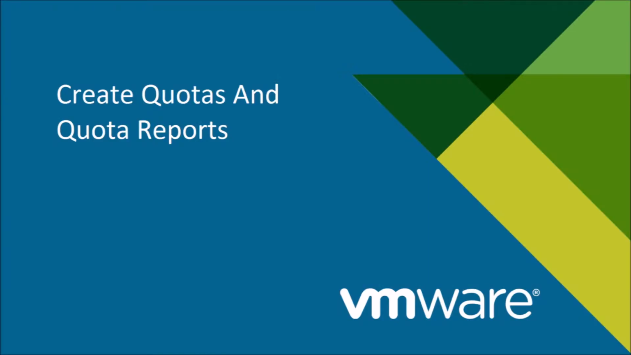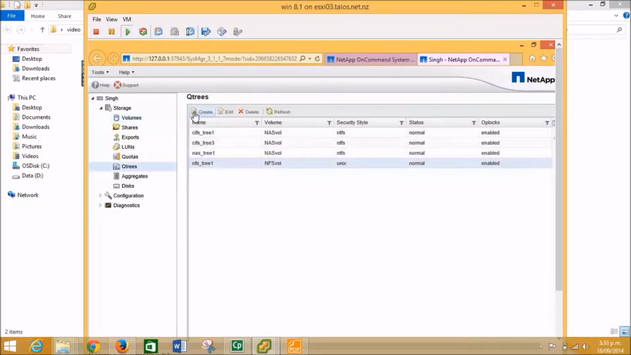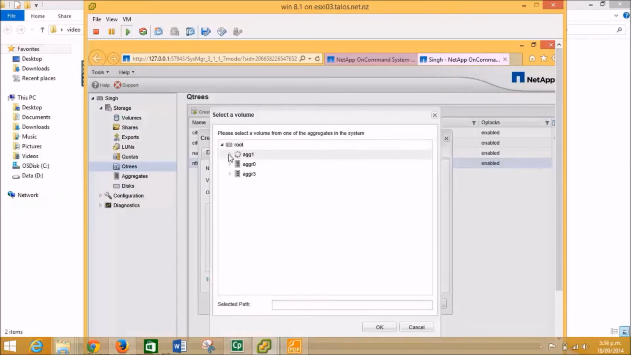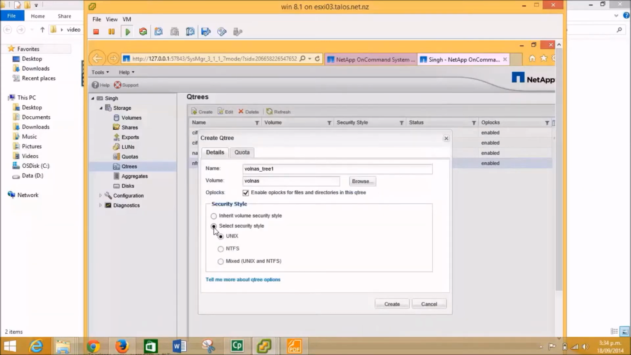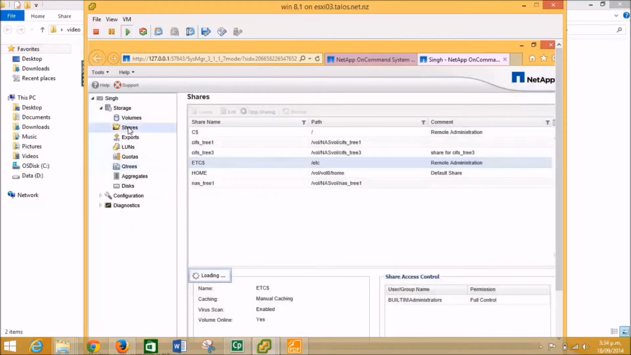Now we create quotas and quota reports. For this we're just using the nest volume which I already created, and now we create the quotas on that volume. Q3 for that volume. For this we just select the aggregate, root aggregate, and then the volume on which we want to create a Q3, and select the authentication as NTFS. But I already used the NTFS, so for this we just created this one, and now we create the shares